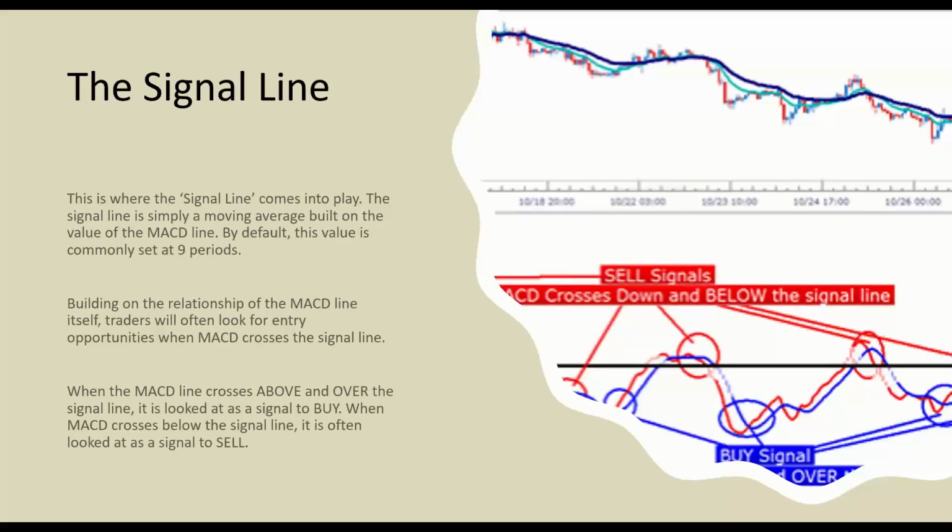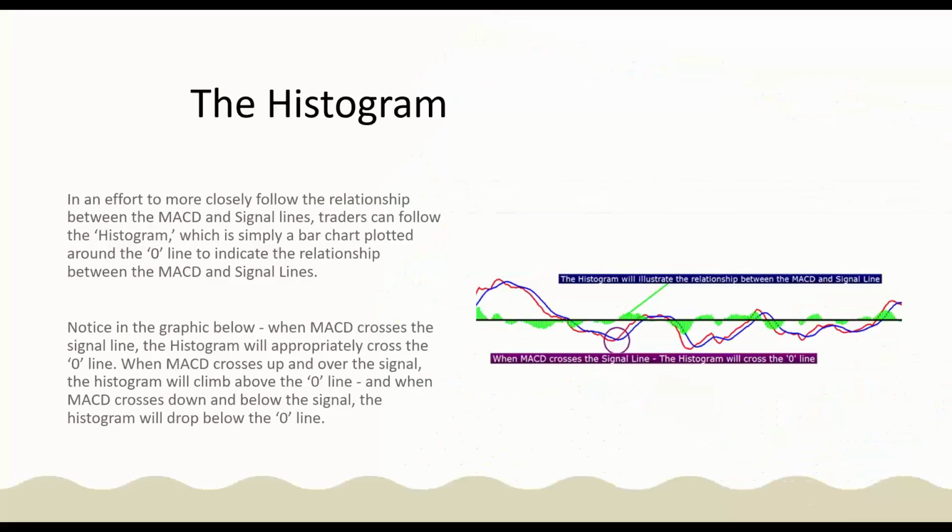By default, this is commonly set at 9 periods. So when the MACD line crosses above the signal line, it's looked at as a buy signal. When the MACD crosses below the signal line, it's often looked at as a sell signal. And what it does is make us faster and more aware than using a simple moving average crossover strategy on